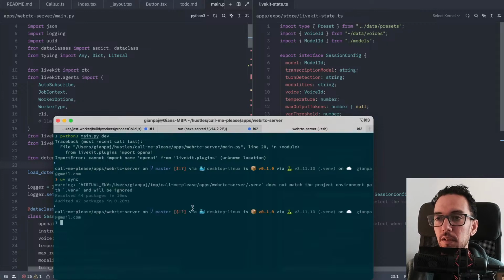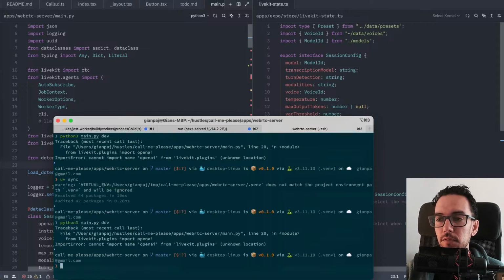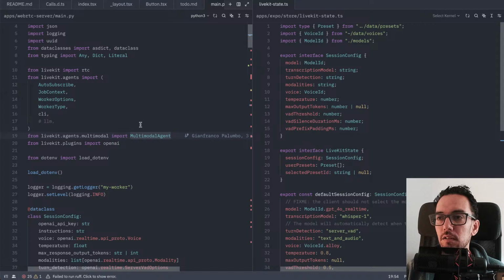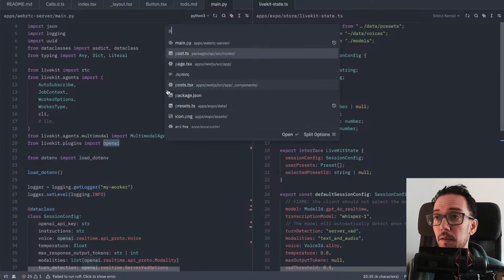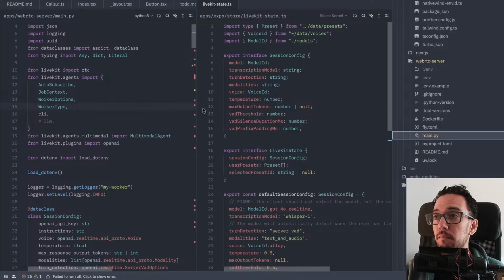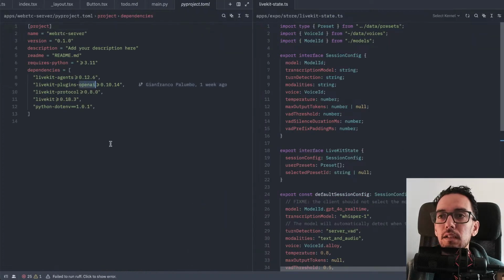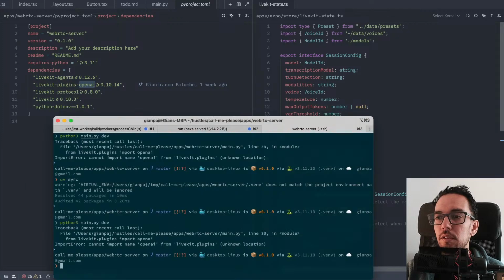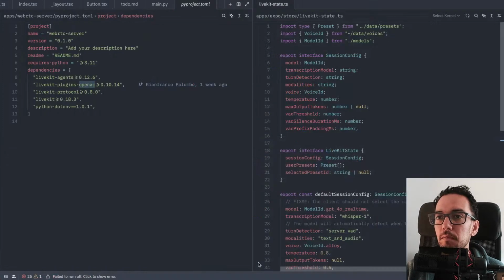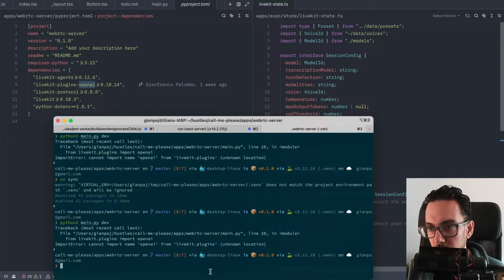UV sync, something happened with the packages in my environment. This is a long time ago, one of the first things I did, and I'm pretty sure that's how you do import OpenAI packages. The OpenAI LiveKit plugin module or package. Let's see, I guess